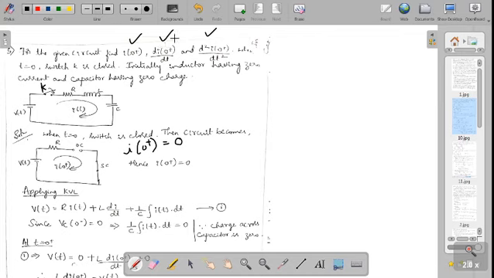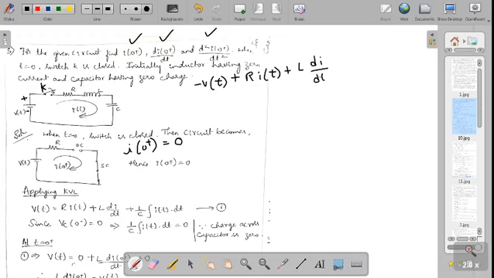Next, what we need to do? We need to find the derivative. In order to find the derivative, what we need to do? We need to apply KVL to the circuit. Just apply the KVL to the circuit. So this is minus and this is plus. So that is what? Minus V of t. What is the voltage across resistor? R into I of t plus what is the voltage across the inductor? L into di by dt.